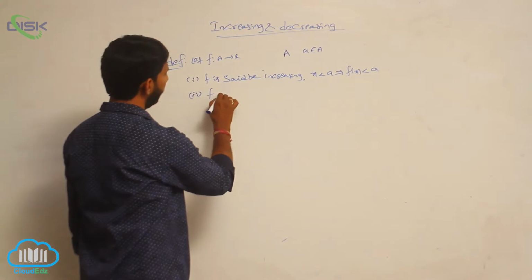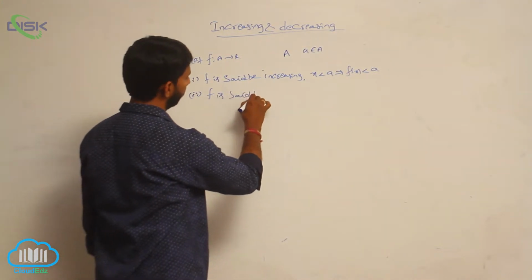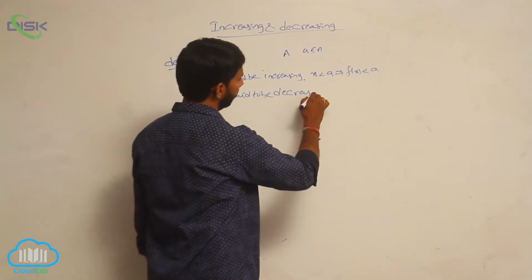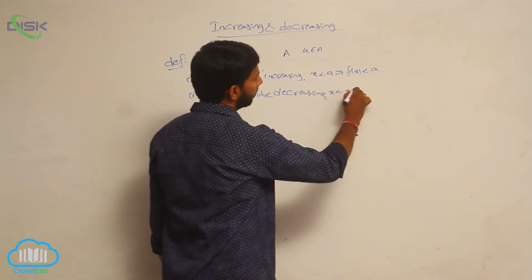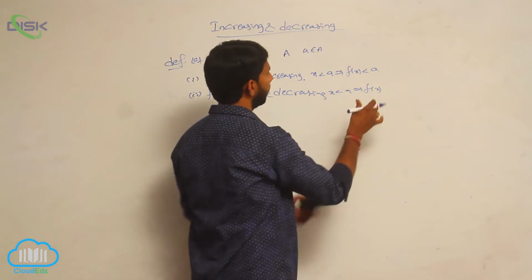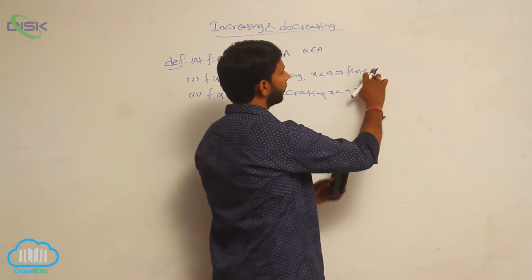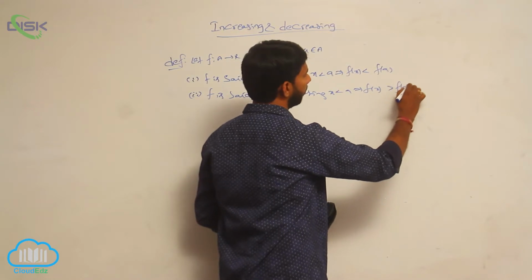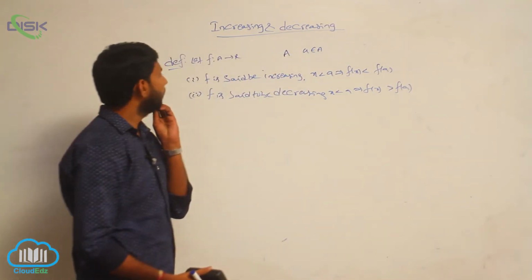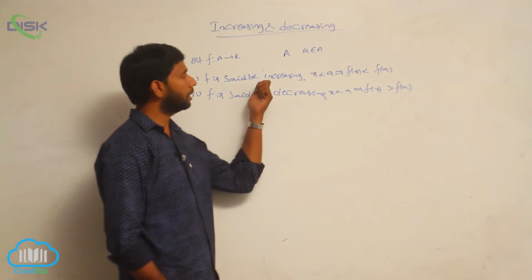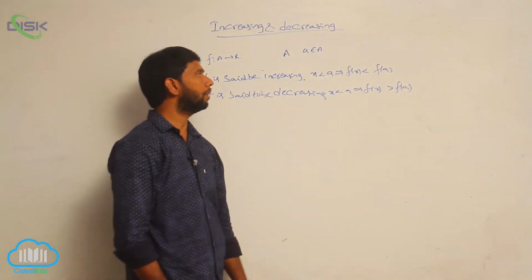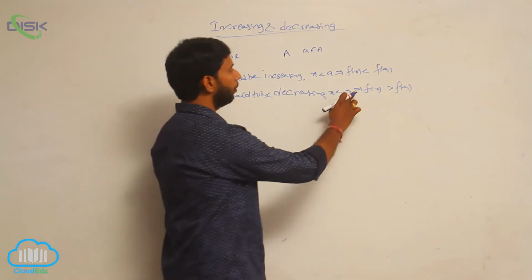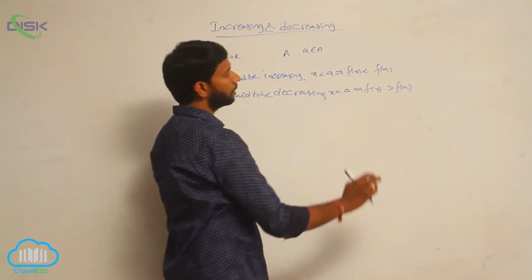F is said to be decreasing when x less than a implies f of x is greater than f of a. Simply, the function is said to be increasing when x less than a implies f of x less than f of a. When x less than a, f of x is greater than f of a, then the function is said to